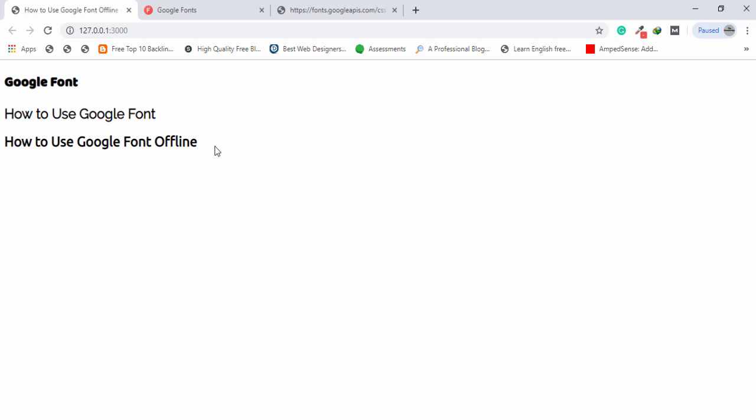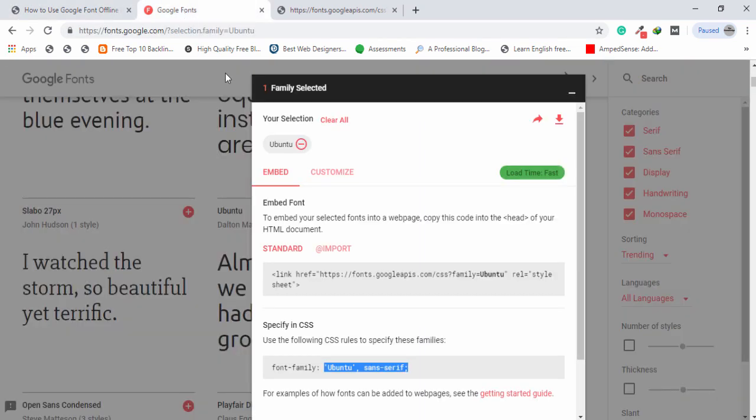Right, guys? So you can use this method to use Google Fonts offline, without internet. If your internet is disabled, then you will be able to use those fonts on your project, right? If you are using direct links like this one and your internet is disabled, then you can't use the fonts on the web, right? So this is a very simple and short video all about how you can use Google Fonts